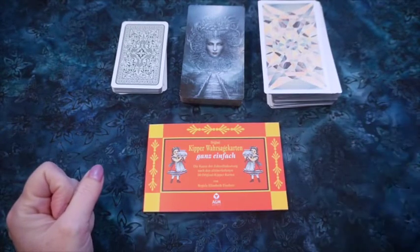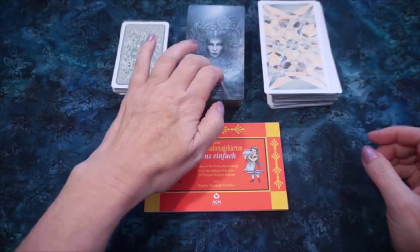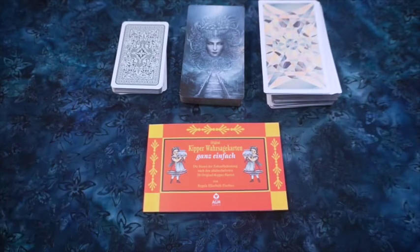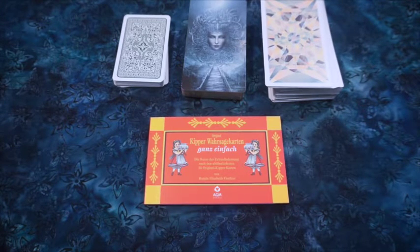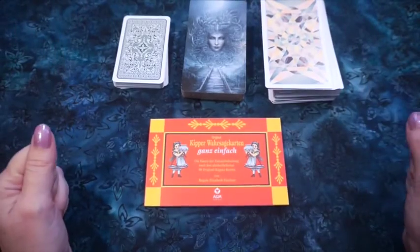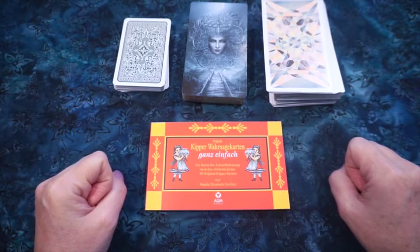You might find this to be an odd little grouping of things that we have going on here, because I have a Kipper card deck here, my new Chronicles of Destiny fortune cards, as well as the Fountain Tarot cards. And so you may think, why would I have these three out together? So you may be wondering what I have that would go all together with these. However, I think I'm going to show that they will, and I'm not going to be using these all at